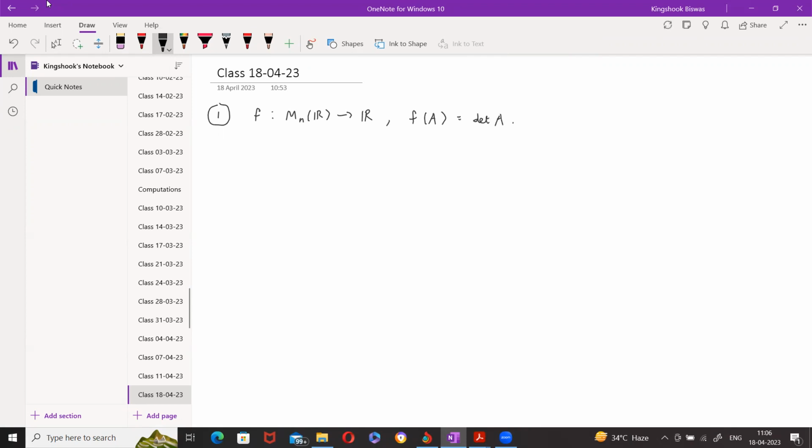So you know how to do this, right? Yeah. So okay, I'll tell you what the answers are, but you should know how to derive them, right? So the derivative at the identity acting on a matrix H is the trace of H, right? And the derivative at some A acting on H,